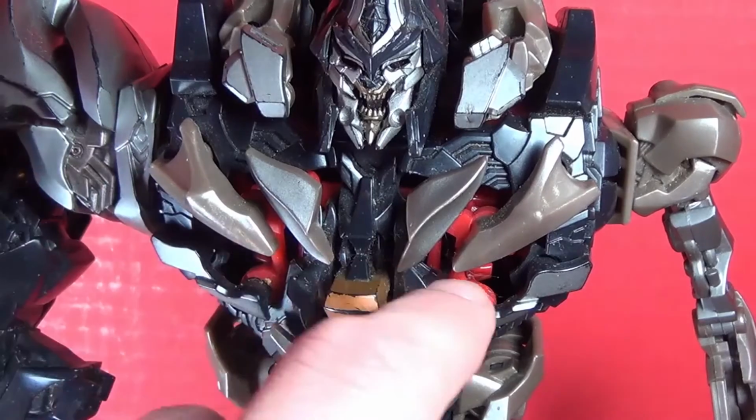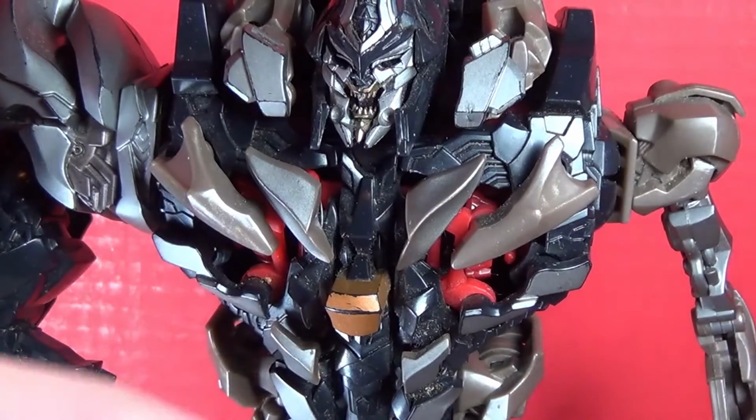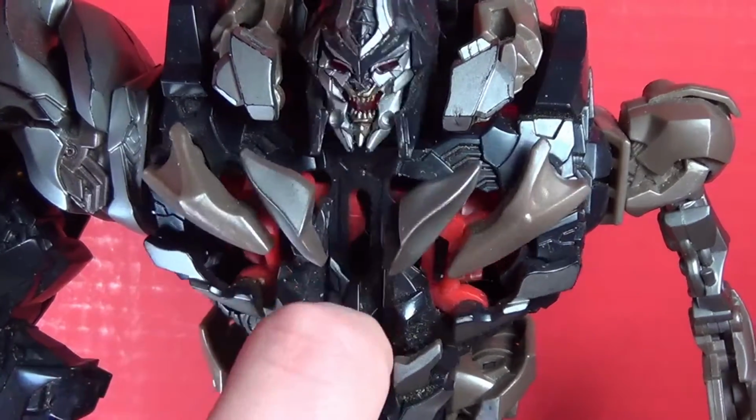Taking a closer look at the gimmick, you'll see some gears turn inside the body. You'll also see these pieces on the chest move. His head will tilt side to side. There's a light flash feature in his eyes and a couple of other places. As well, he will say the line,